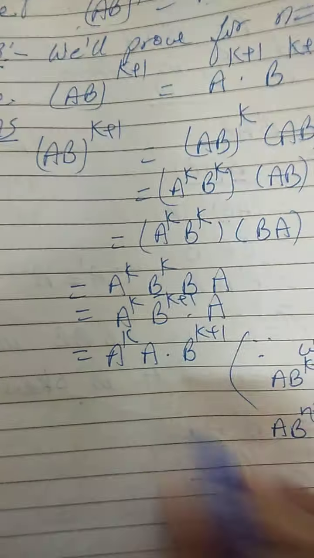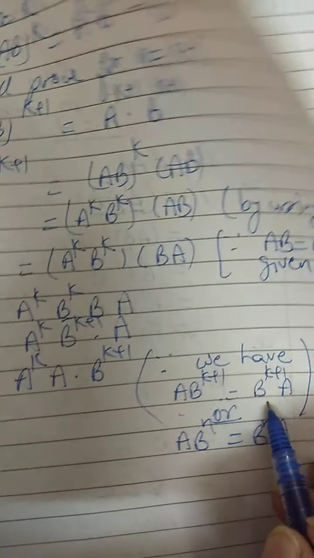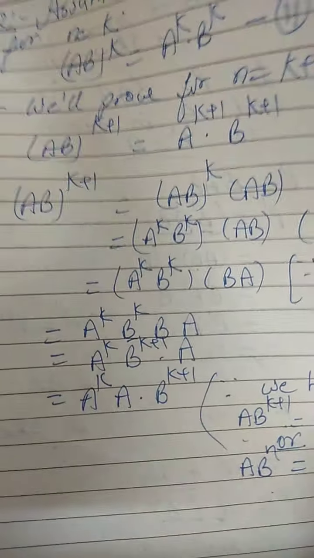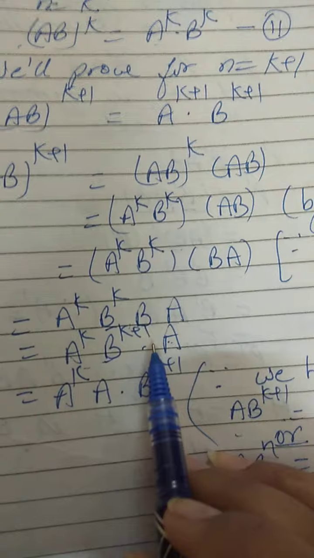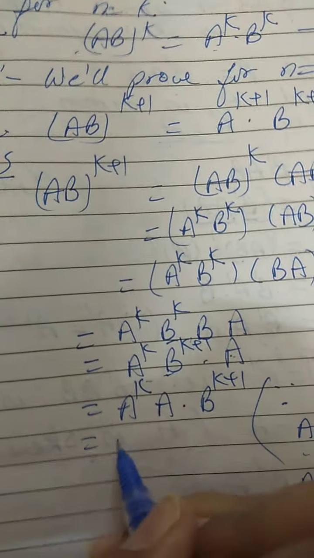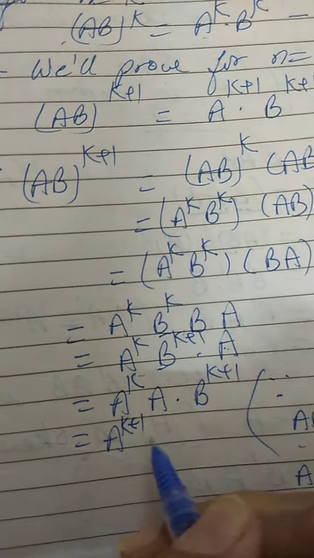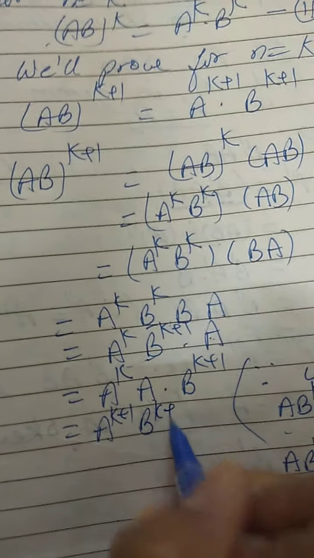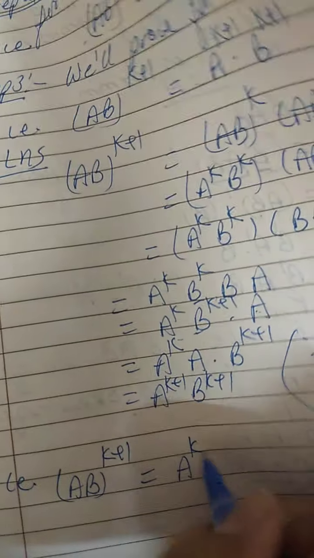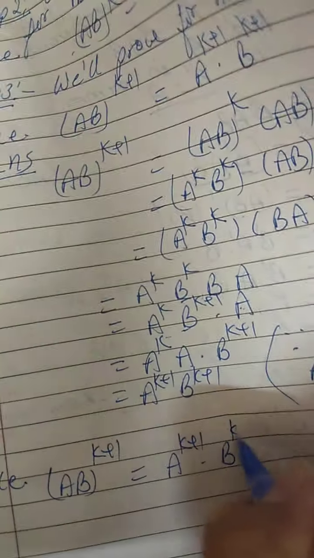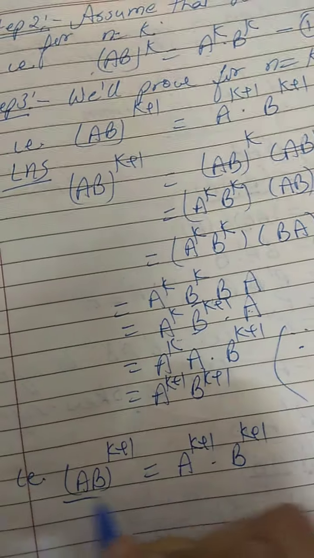So here we can use this, either you write down this thing or you write down this thing, both will be okay. So b raised to power k plus 1 into a we have written this way, means we have shown it is commutative. So further it will become again once again the law of exponents, and here it will come b raised to power k plus 1. That is what we have proved, (ab)^(k+1) is equal to a raised to power k plus 1 into b raised to power k plus 1. So the result is true.